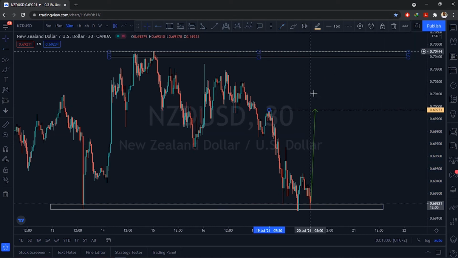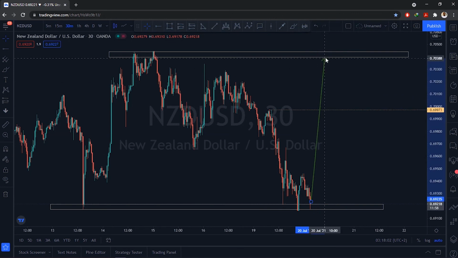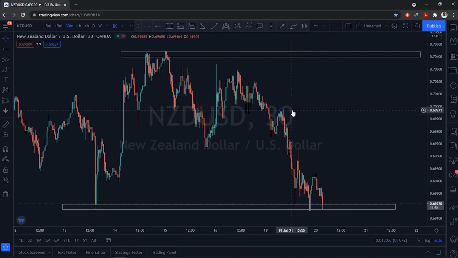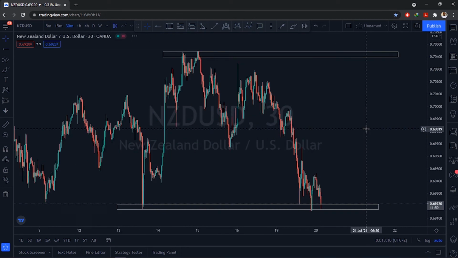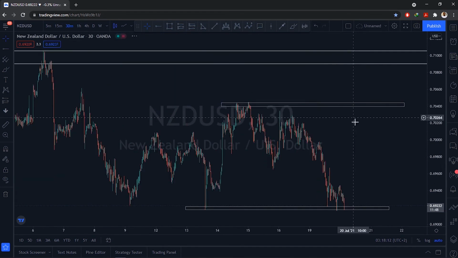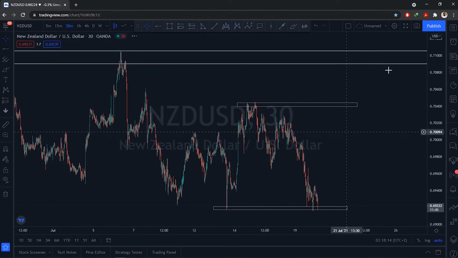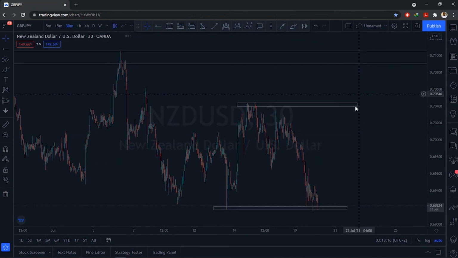This one here is our first take profit, and move it to that part as our final profit. So that is all for NZDUSD. I hope that makes sense. So now we're gonna move on into another pair, which is